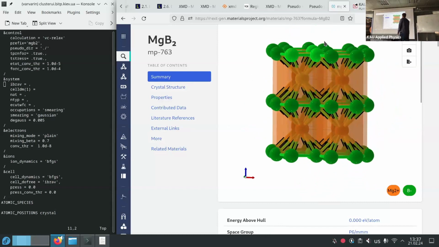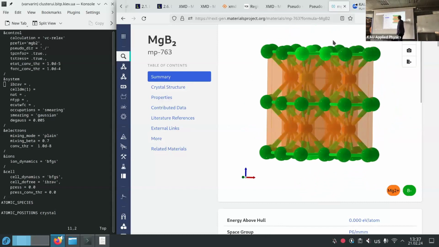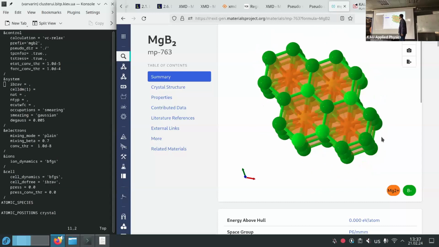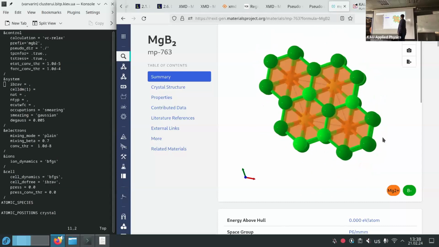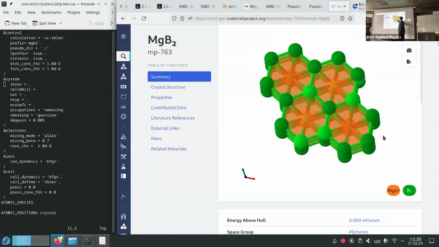You see that we have some layers of boron, and we have magnesium between them. The boron layers are honeycomb. You can show again the top view. You see they're honeycomb. So it can be carbon here. It can be some graphite, or it can be some graphene.